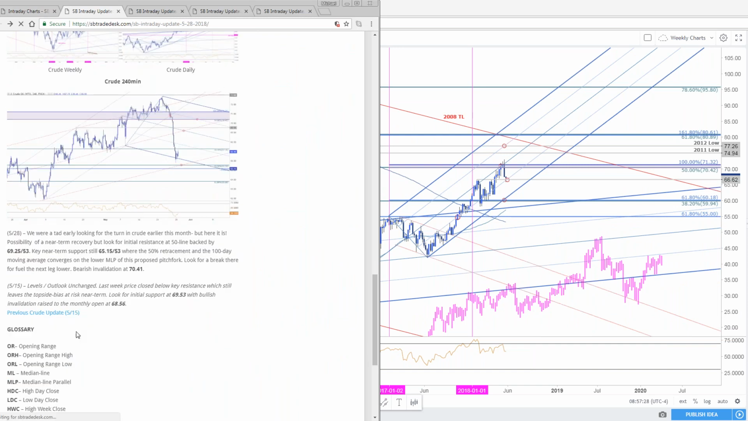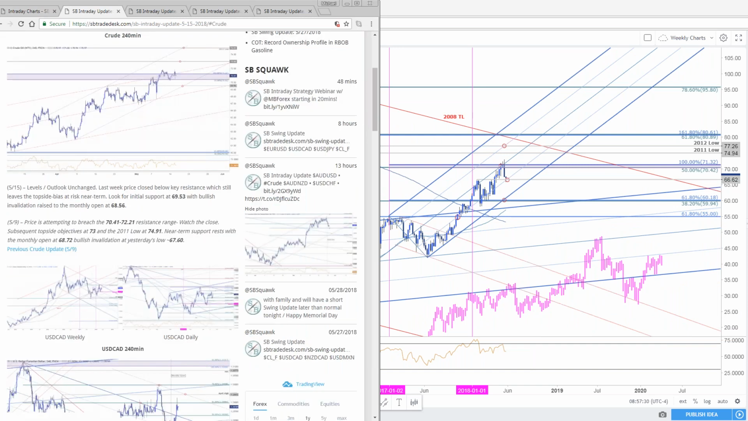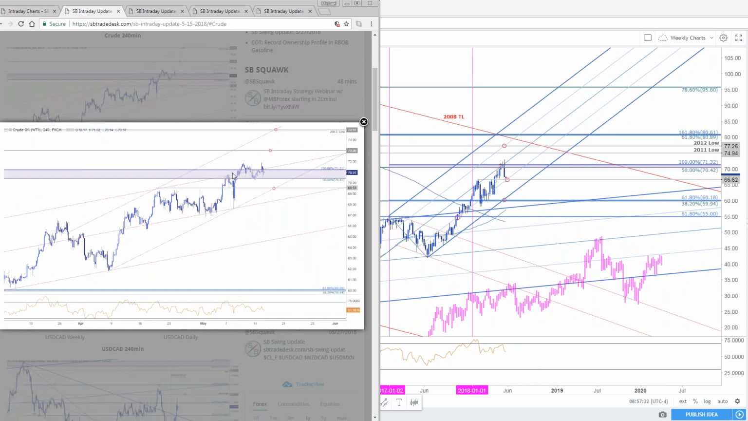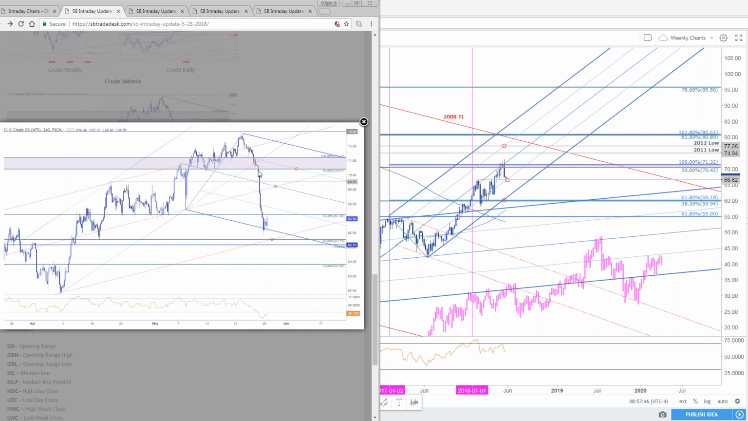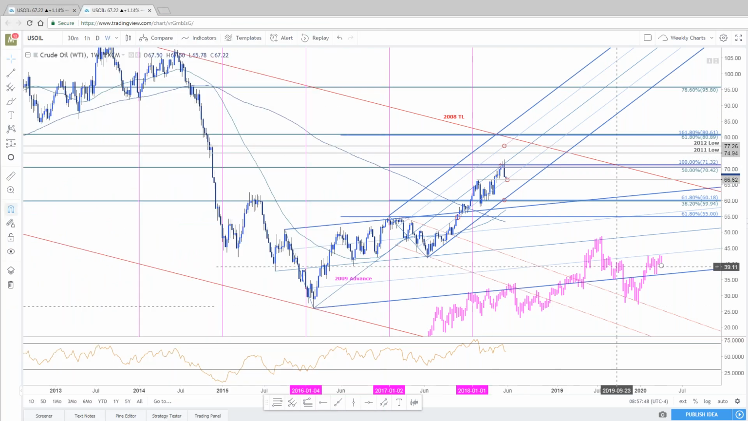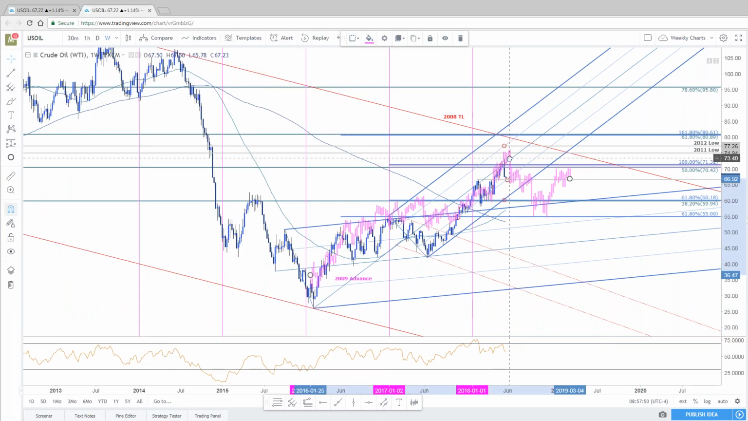Okay, here's the previous update for crude, was on the 15th. This was that big region. We popped through, couldn't hit 73 really, turned just ahead of it, and then we collapsed lower. Fast forward. Here's the collapse. So anyway, what I wanted to show you real quick before we move to the intraday charts